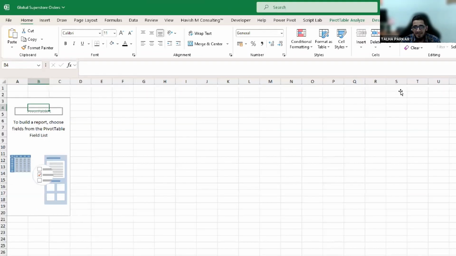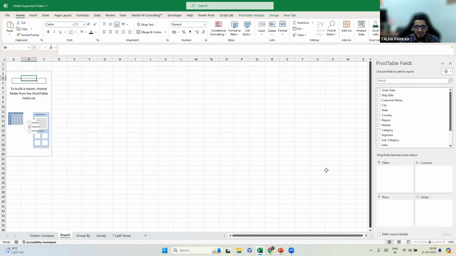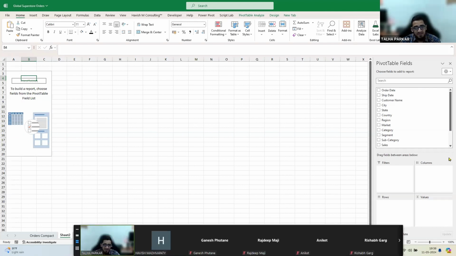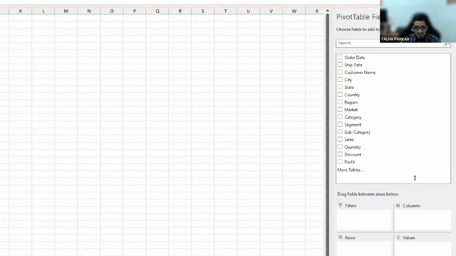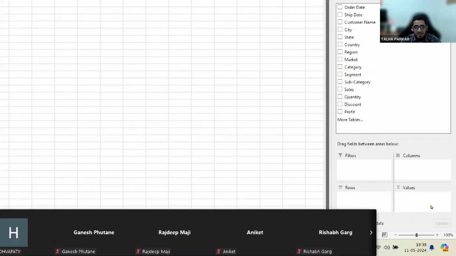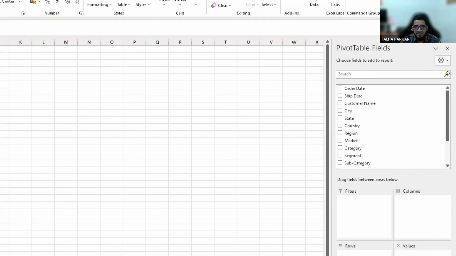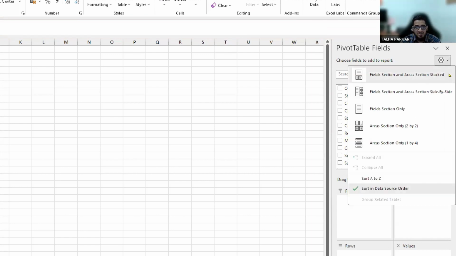I click back inside. On the right hand side, I have something called PivotTable Fields. Now, a very common feature that you can use here: when you have a large list of columns, it becomes very difficult to scroll, right? Or even if you want to drag and drop values, you either minimize this area to see all the columns, but then you have less space in the fields area below, right? So one option that you have here is if you click on the gear icon,